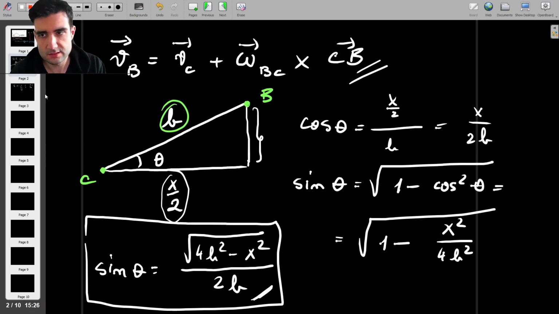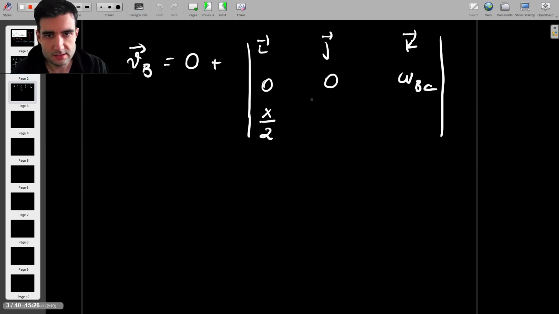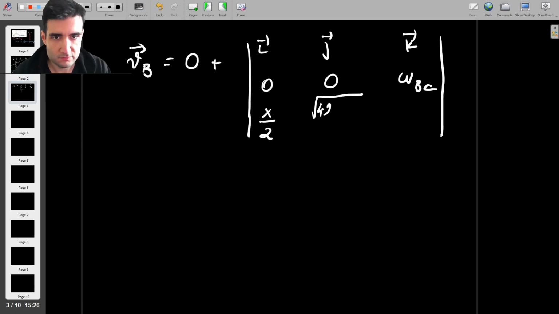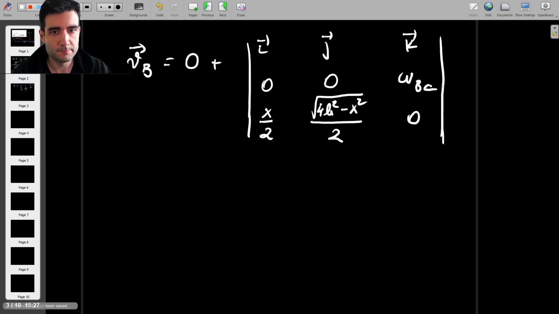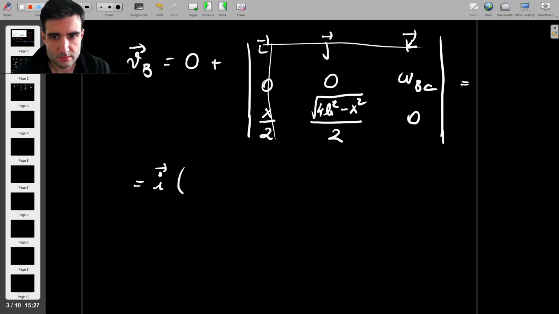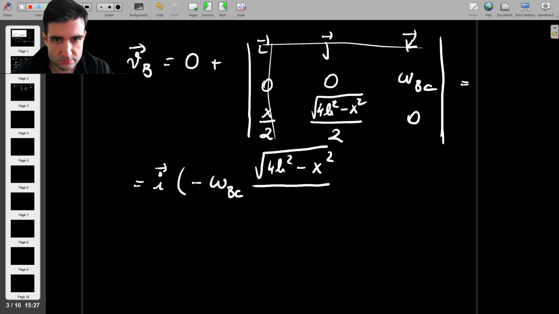So sine theta is this. So b sine theta is going to be square root of 4b squared minus x squared divided by 2. And then we have 0 over here, right? So we can find the x and y components of VB. So we have i multiplied by minus omega BC times the square root of 4b squared minus x squared over 2. And then